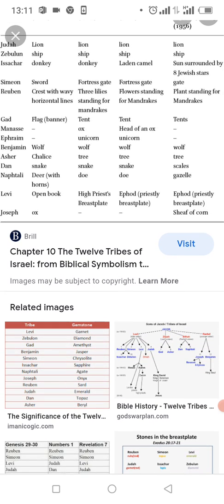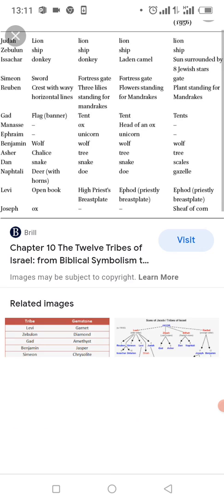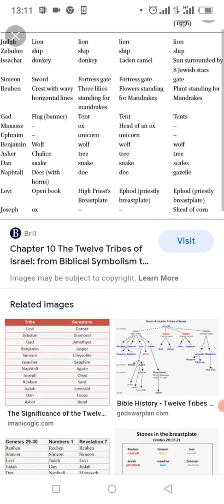Ephraim is a unicorn. So this particular animal described as symbolizing Ephraim is not known. And then Benjamin is a wolf, always been a wolf. Asher, a chalice, then a tree. So a chalice